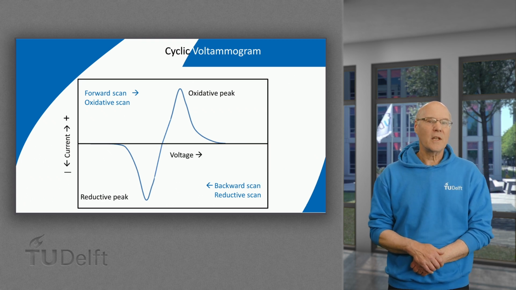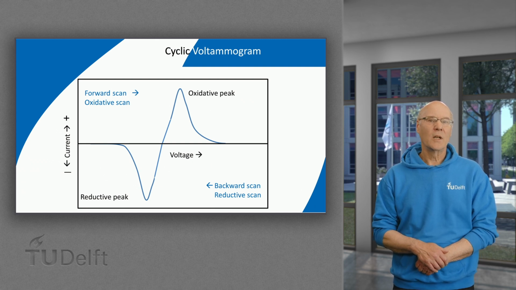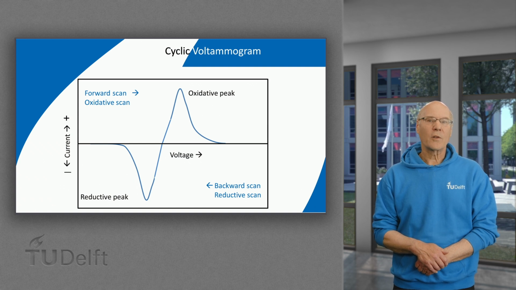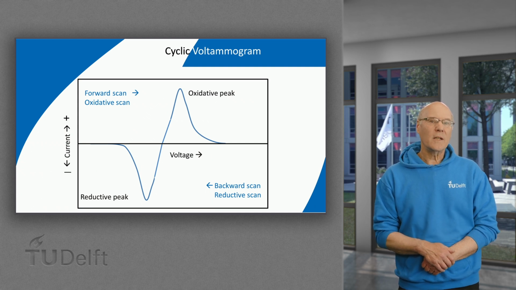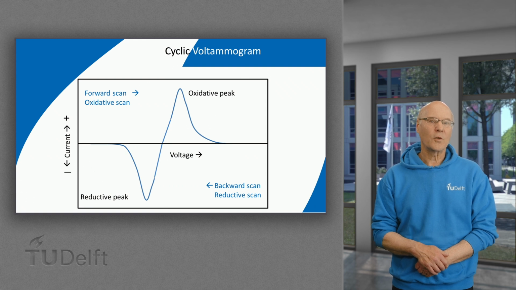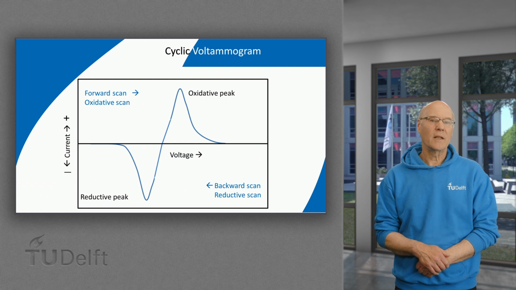Unfortunately, the oxidation and reduction reactions do not occur at the same potential, but are shifted: the oxidative peak to higher voltages and the reductive peak to lower voltages. This shift has to do with the delay of the reaction and can be regarded as a source of internal resistance of the reaction. Hence, it provides valuable information about the kinetics of the redox process and the electrochemical reversibility.